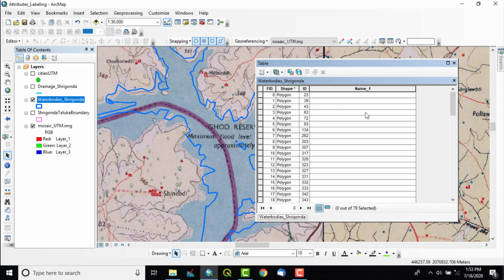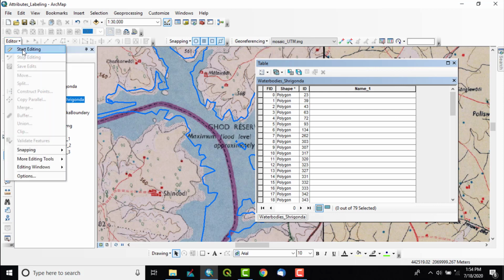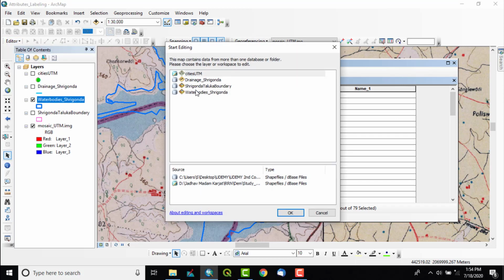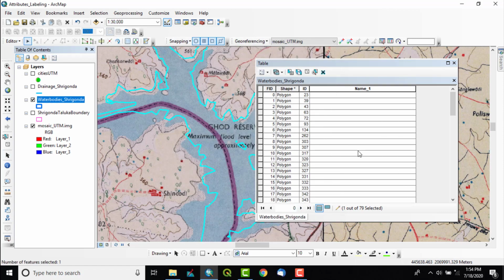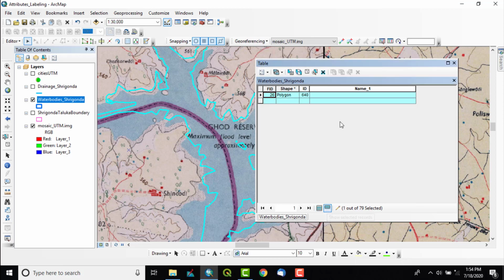Again I will not go to each and every segment. I will first start the edit on Water bodies, and I will simply select this dam, so that it can be seen directly with show selected record. So what is the name? Ghod Reservoir or dam, whatever.